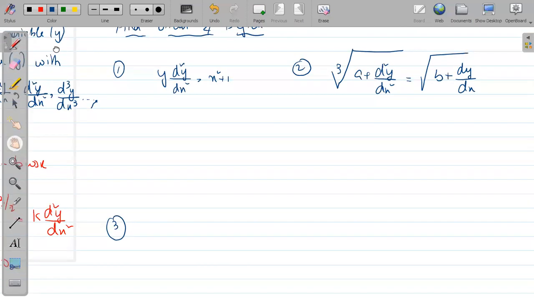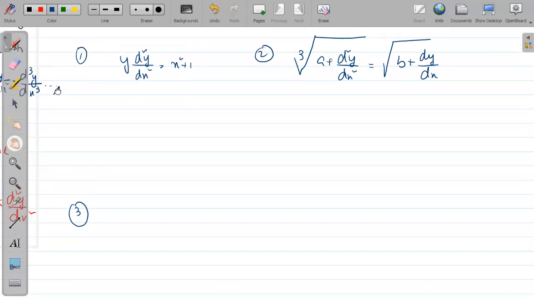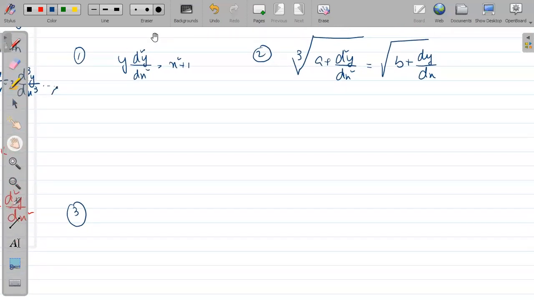Sir, if the power is greater? Yes, please tell me. Suppose you have order 2 and 3, for order 2 there was a power 4 and for order 3 there was a power 5. Which degree do we have to consider, sir? Obviously, the exponent of the highest order derivative. We just need to look for the highest order derivative and then look at the power of that. That is the degree only.